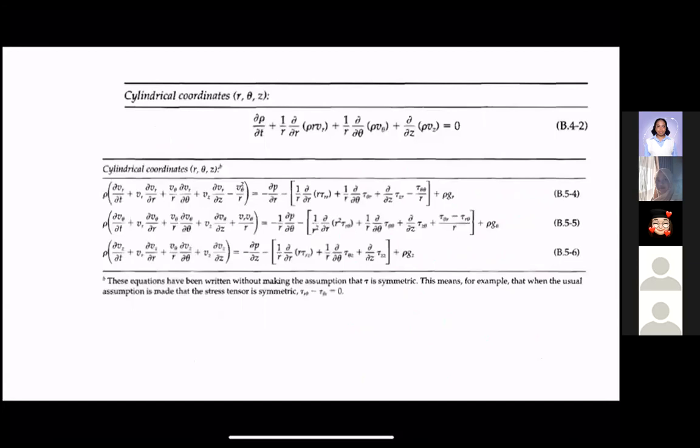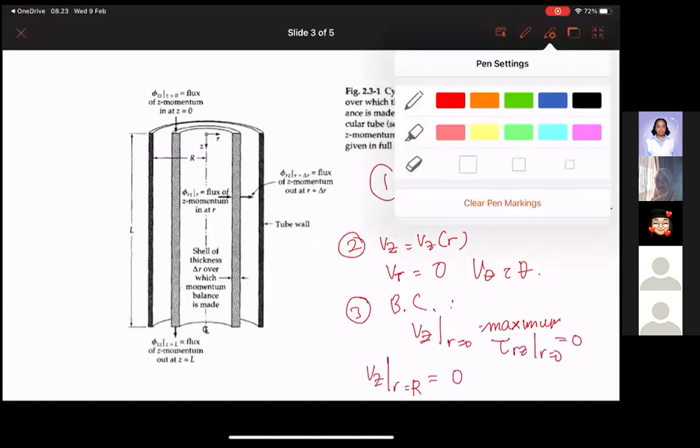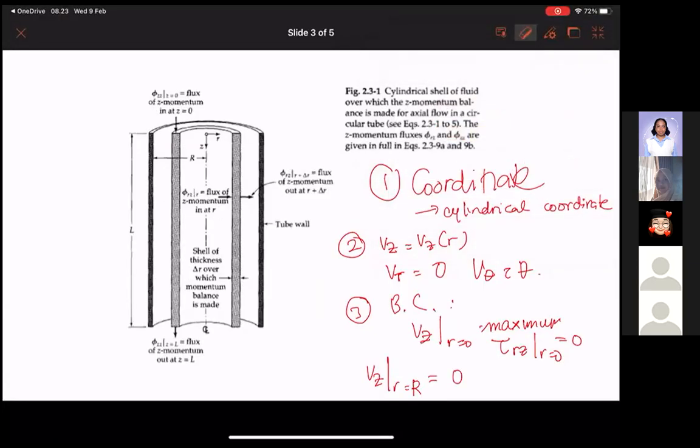Sorry, but I think for this one, I'm not really sure this is the right one, so I'll just write it like this. Okay, now the next step is